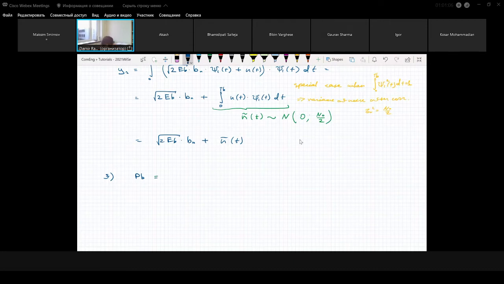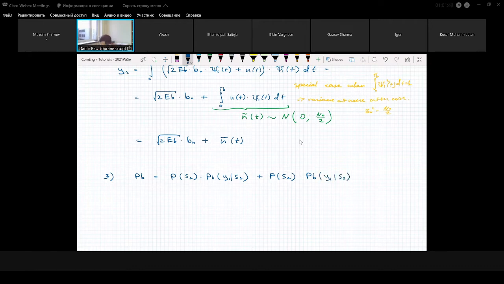We need to know the probability of transmission of the first signal, S1, and then we calculate the probability that we make an error while we transmit signal S1. It simply means that we decide it was S2 while we transmitted S1. Plus the second term: the probability of transmission of S2 times the probability of error